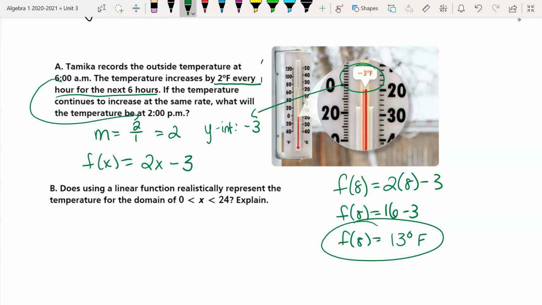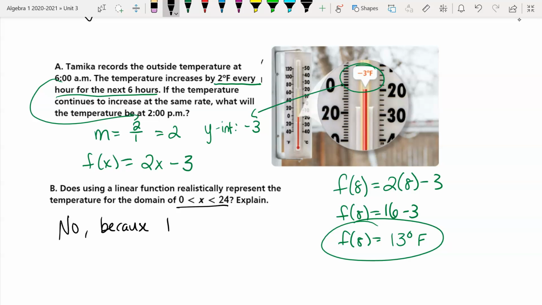So the next question, it says, does using a linear function realistically represent the temperature for the domain of 0 less than x less than 24? Well, if you think about it, if I wrote it in a linear equation, that means it's going to always increase by 2. Does the temperature always increase by 2 the whole day? Hopefully you're sitting there saying no, because if you think about temperature, yeah, it increases throughout most of the day until about, I don't know, 2 or 3 o'clock, and then it starts to go down again, right? So we can't write a linear function